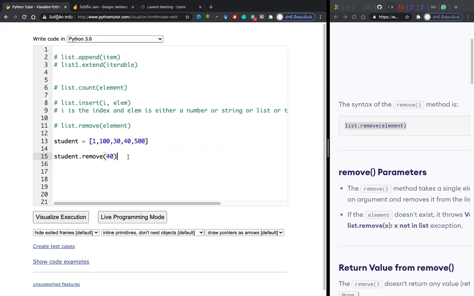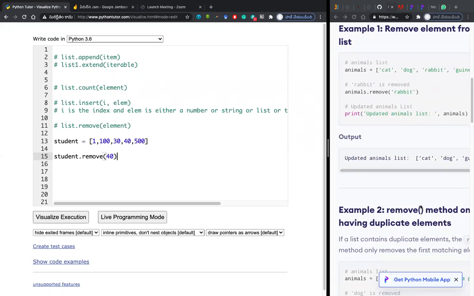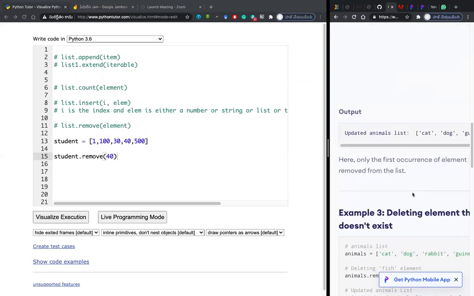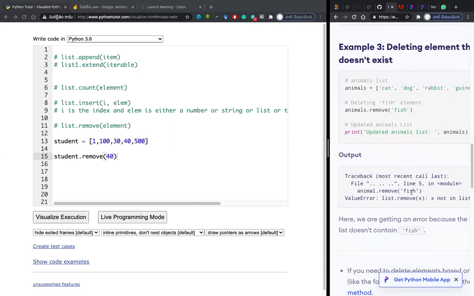So you can remove a student from the list using the function called remove. Remove takes only one parameter, that is, an element. An element might be an integer, like the example I am showing on the right side. It can be a string, and not only a string, it can be a list also.